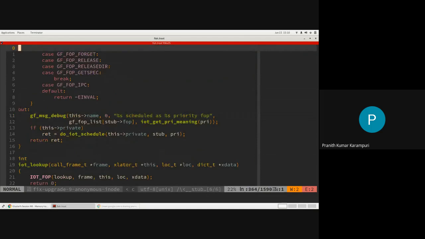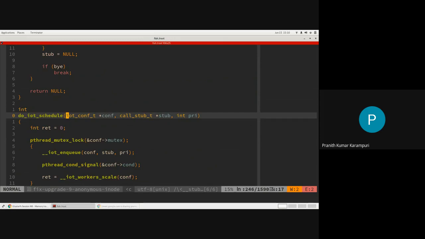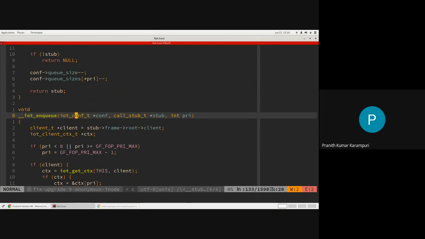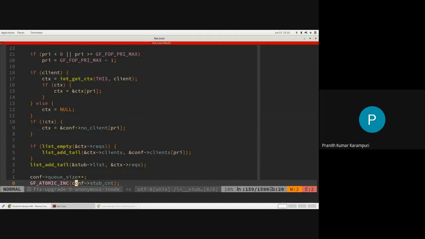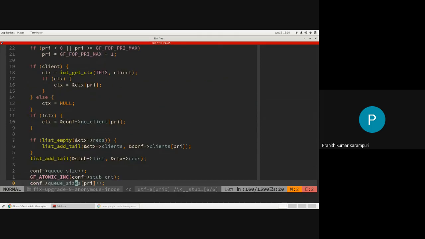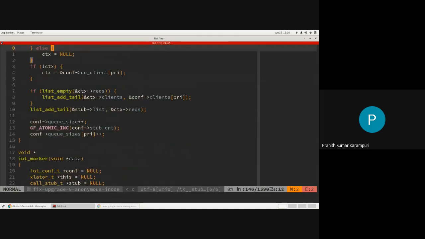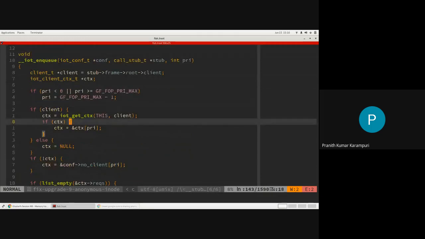Once you get the priority, you will call the IOT schedule with that priority. So here we will actually look at, so there is this thing called NQ, right? For every priority, we have, oh, there is a client context also.